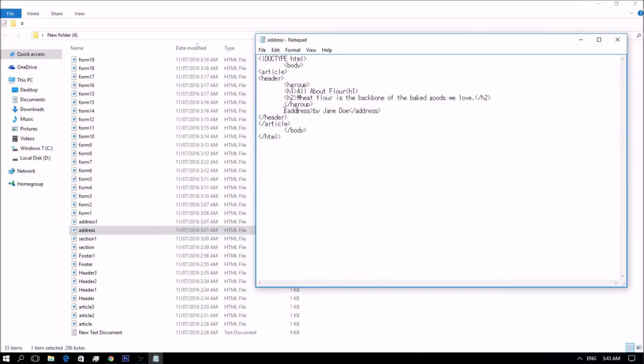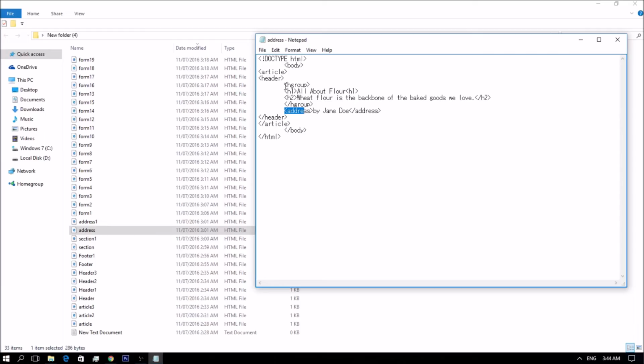So these are the address. This is one of the new HTML5 elements that are actually almost as straightforward as it seems. The two most important things to have in mind are that the address element relates to the element in which it is nested, and that it has to be directly related to this section. So here are the examples.